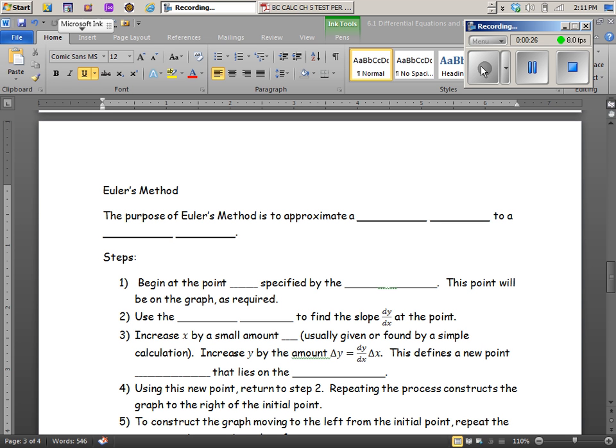For example, if you see something that has a y double prime, we call that a second order differential equation. But if it only has a single derivative, we call that a first order differential equation. Okay, the second thing you need to know is that the solution to a differential equation is a function. So you're actually trying to guess the function that satisfies it. So your answers are answers like y equals sine x and y equals c times e to the x,